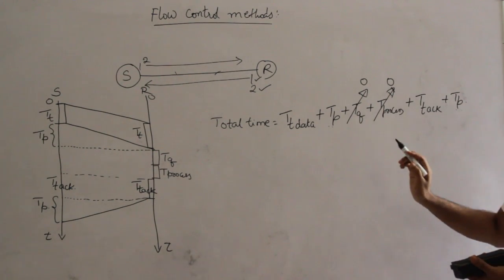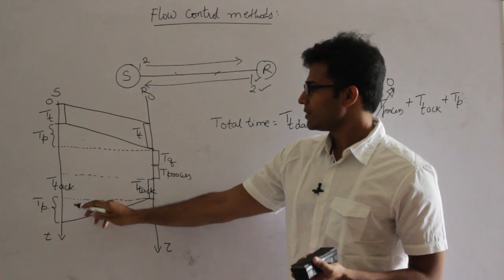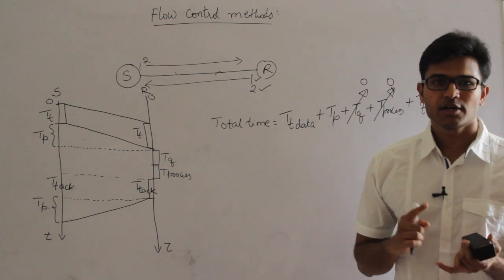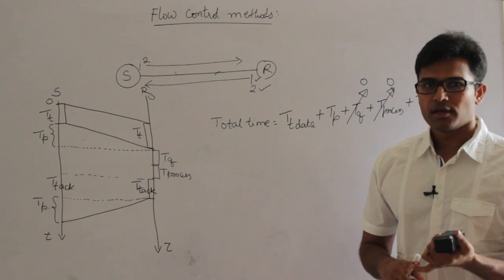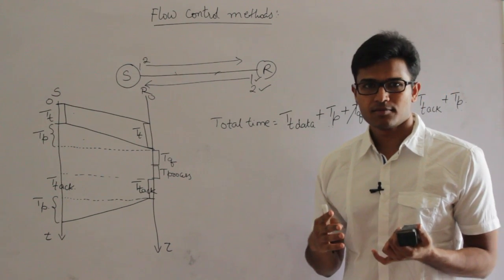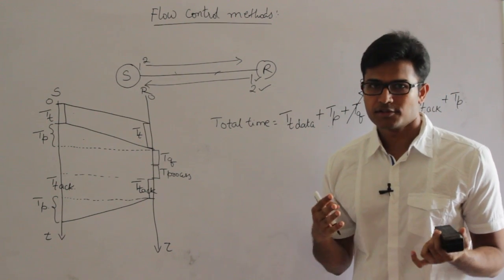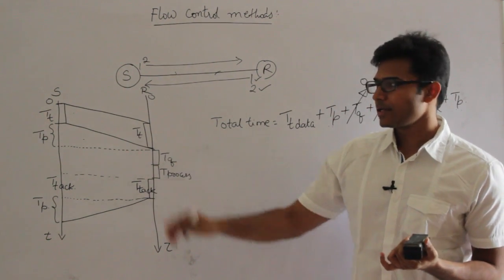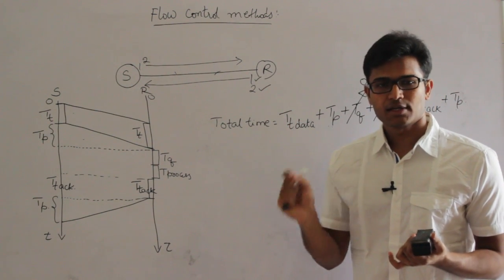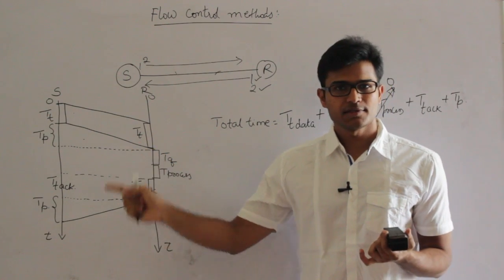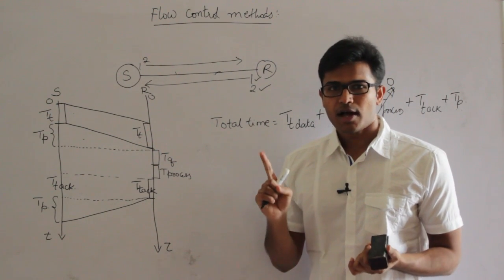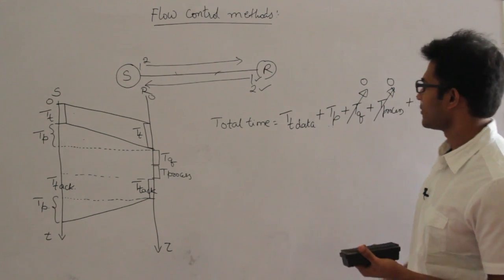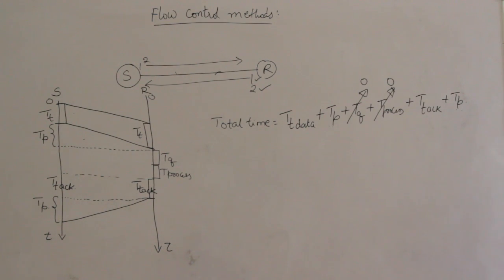If you observe this Tp and Tp, this Tp is for the data and this Tp is for the acknowledgement. Now will they be same or different? Will the propagation delay be same for data and acknowledgement? It is. The propagation delay is same either if it is data packet or acknowledgement. The reason is whether it is data packet or acknowledgement, we are just simply sending one packet, isn't it? And the propagation delay depends on the last bit's time, which means one bit. Either that bit is present in the data or in the acknowledgement, propagation delay is going to be same. Therefore Tp is going to be same either it is for the data or acknowledgement.